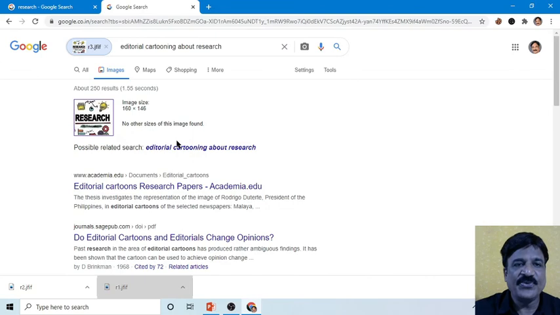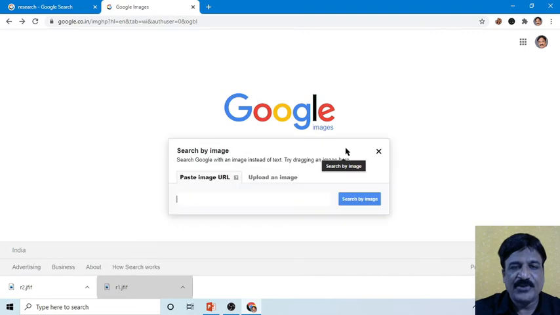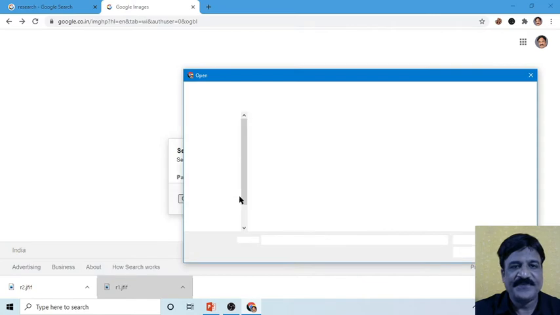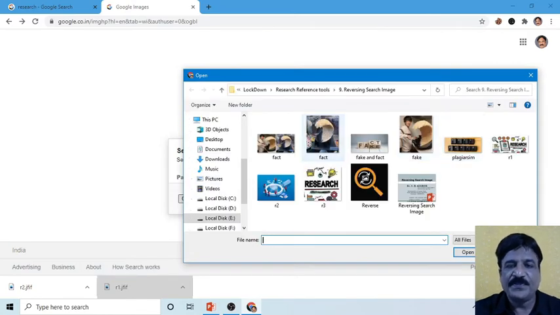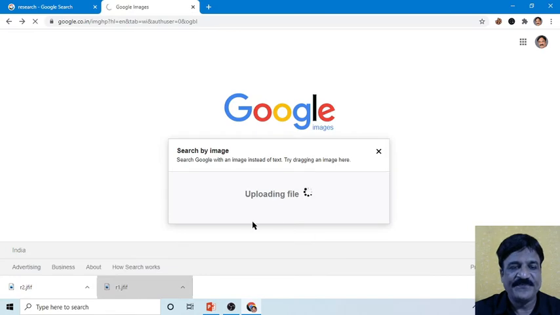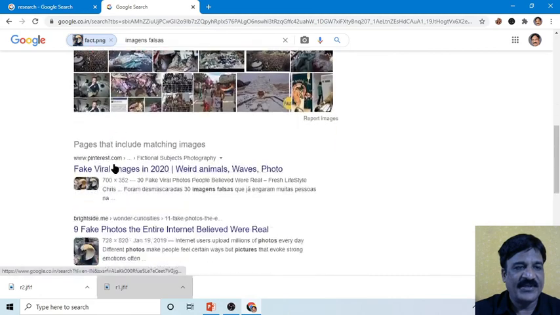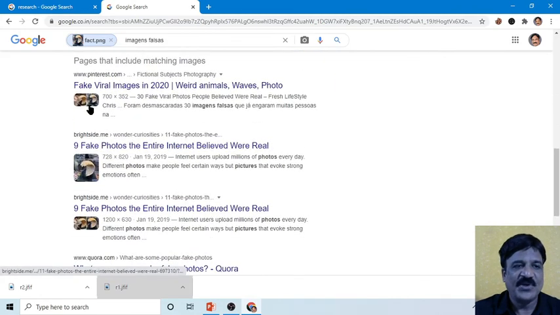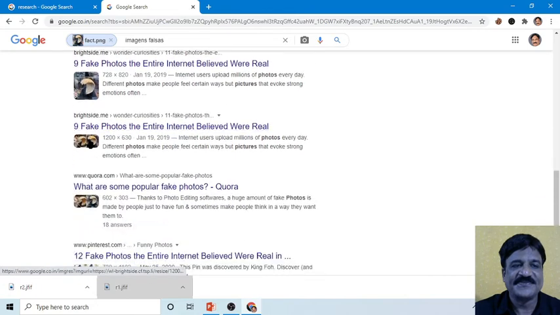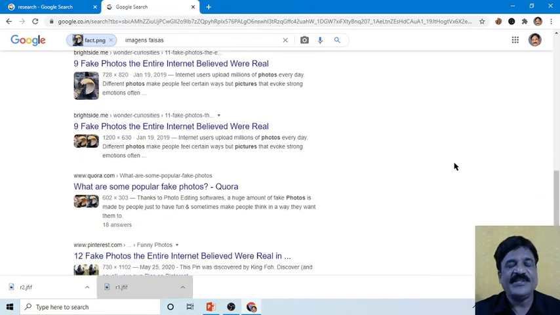Okay, now how to identify fake pictures? Now again upload an image. Choose the file. Now observe that we have basically two pictures over here. Now which one is real, this one or this one? So let's try with this. Open. Okay, and now it is showing what? A fake picture. Observe that these are what? Fake pictures. So in this way you are able to identify the fake picture also.